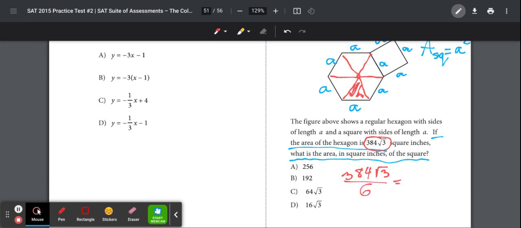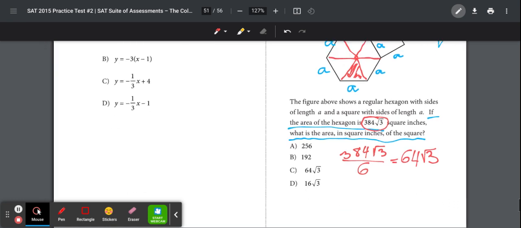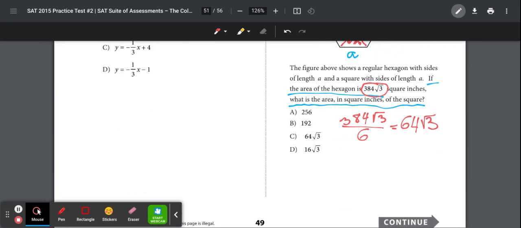This is going to be exactly 64 radical 3. So the area of one of the small triangles, which is an equilateral triangle, so all sides are A,